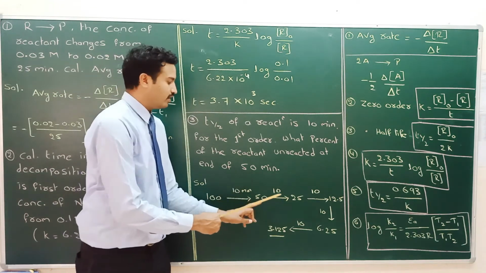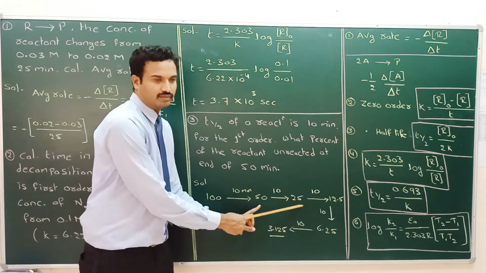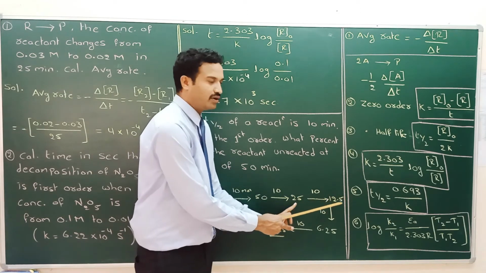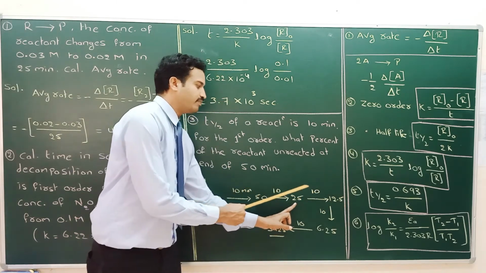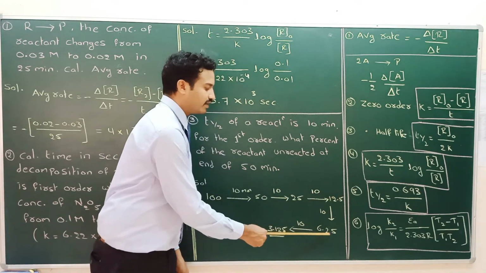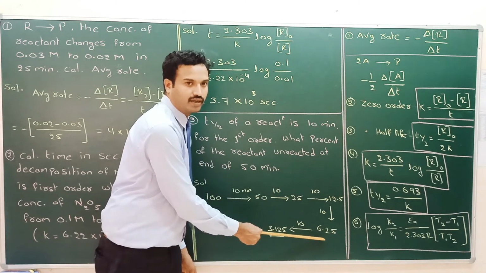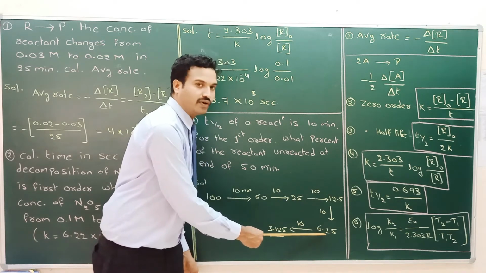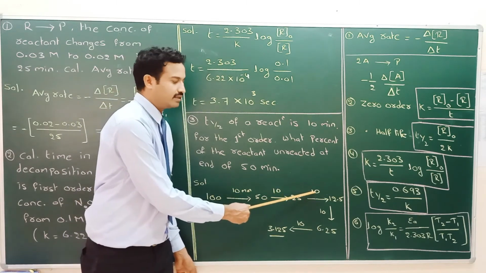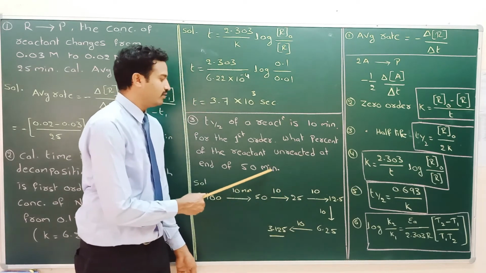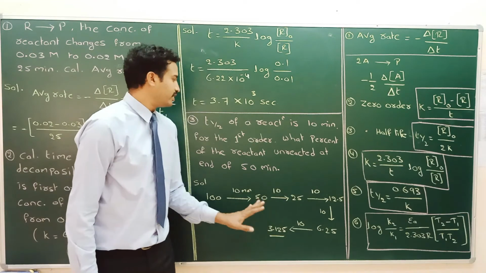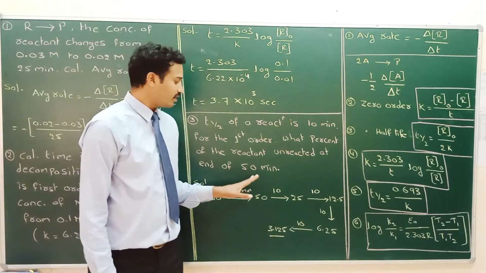20 minutes over. Now 50 is converted into 25%. Again, after t-half, 25 is converted into half, 12.5. This is 10 again. 10 plus 10 plus 10, 30 over. We need to calculate for 50 minutes. Next, 12.5 is converted into half, 6.25. Again 10 minutes. Then 6.25 halves to 3.125. See the time: 10 plus 10 plus 10, 30 plus 40 plus 10, 50. Now the unreacted value at 50 minutes is 3.125.